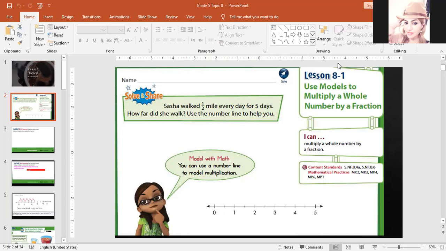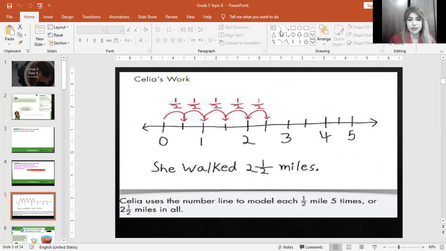So I'm going to add half 5 times. So it will be half plus half, which is equal to 1, then half plus half, which is equal to 1, then the other half, so it will be 2 and a half. Like this in this